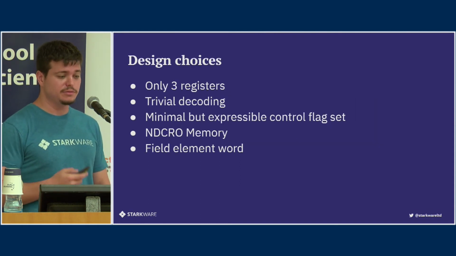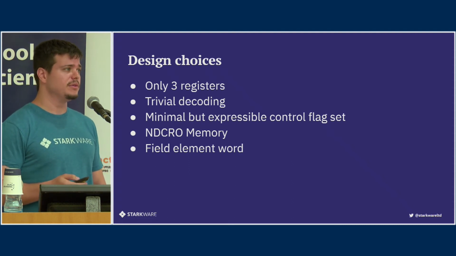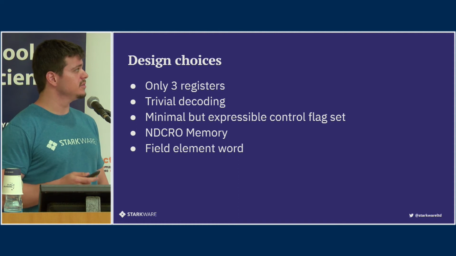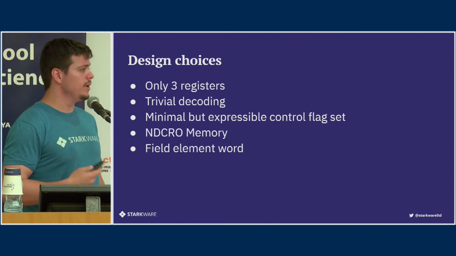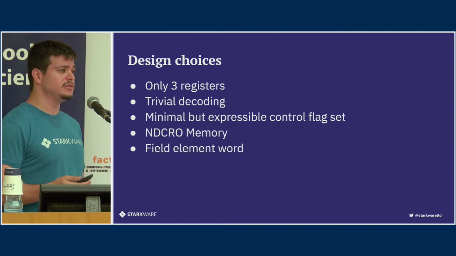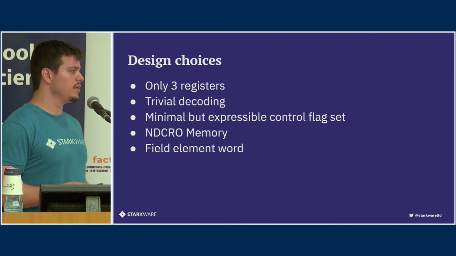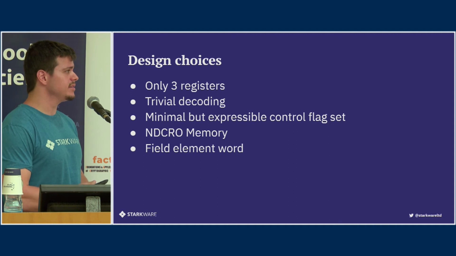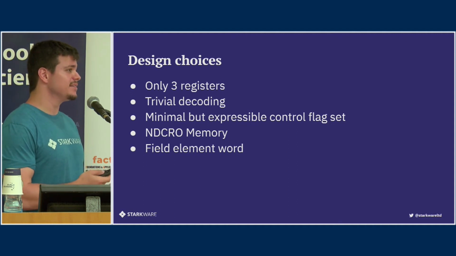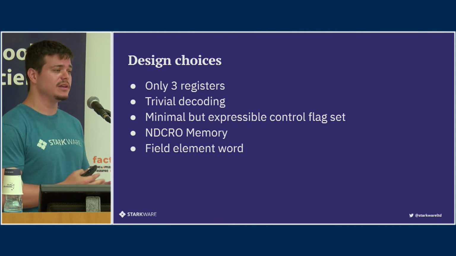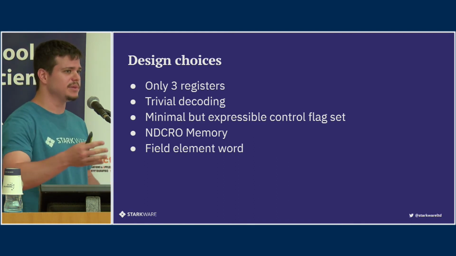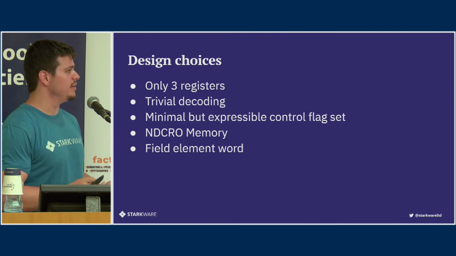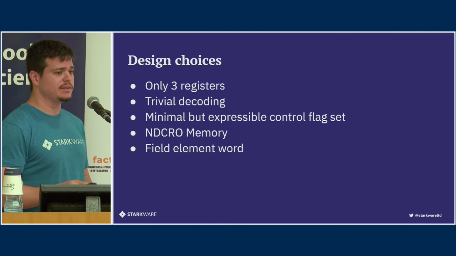So a few design choices and why we made them. Unlike modern CPUs, which have tens of registers, we only have 3 registers. Why? When we need to choose a register in the execution phase, in CPUs we have big multiplexers. If we had a multiplexing equation, which is very big and uses a lot of variables, we'd have a very big constraint. It says like A times first register plus B times second register plus and so on, and it comes out as a very big constraint, and we don't want that. That affects the verifier.